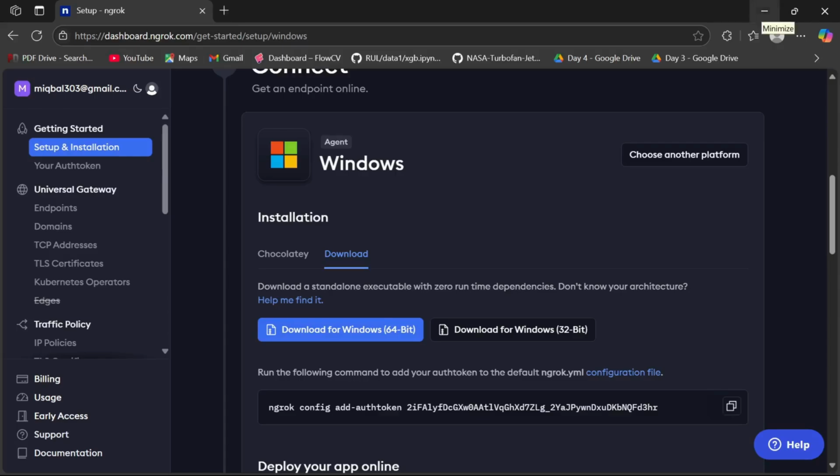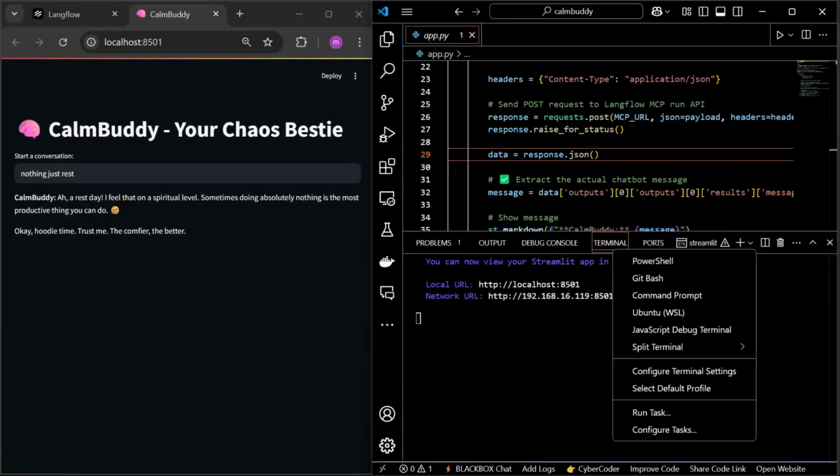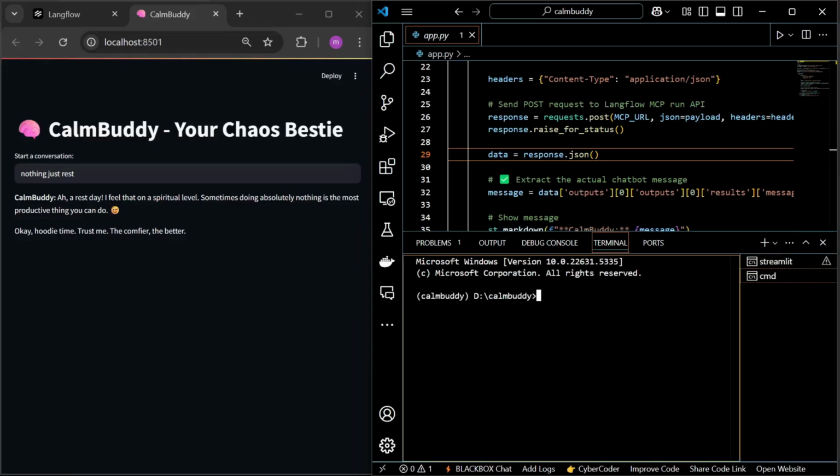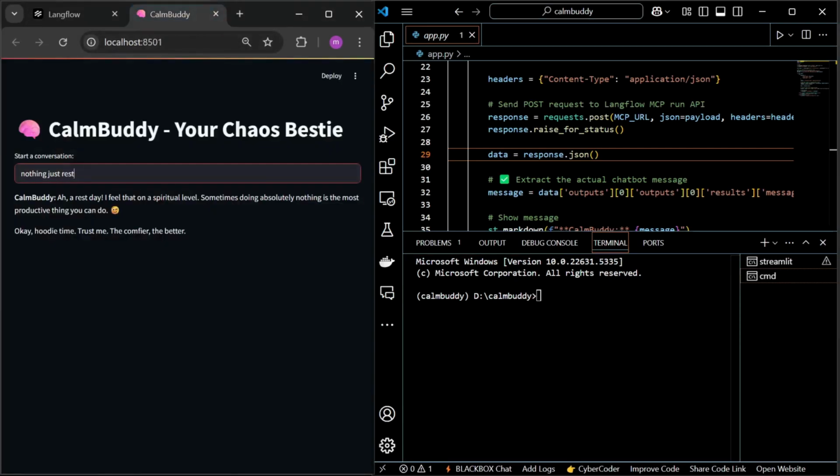This will give you a public link when you run ngrok. Okay, so let's open a new terminal.